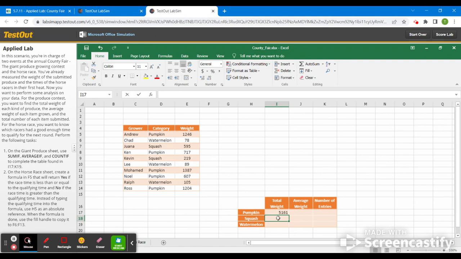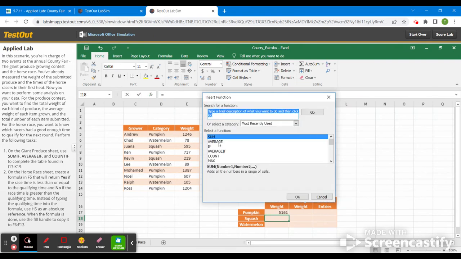I'm going to show you another way to do it for squash. Now, I don't know if Test Out grades it like this or not, but I'm just going to show you, I think it's an easier way. But make sure you know how to do that first one. We're going to do the first one again for watermelon. So now we want to see squash, right? If you come to your function button here, click on your function button, and we're looking for sum if,